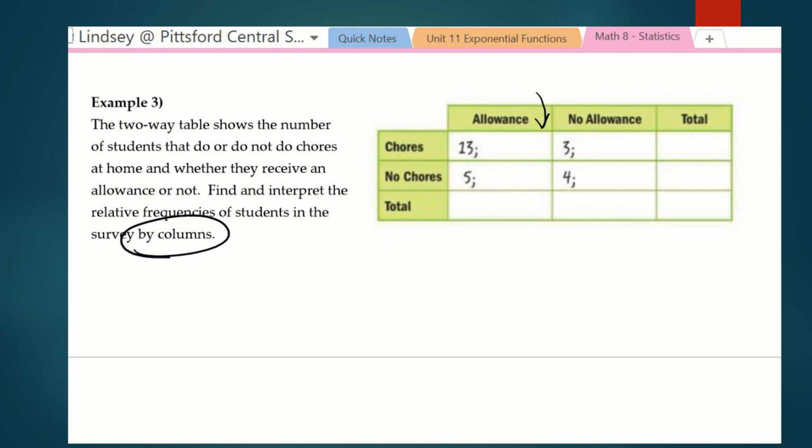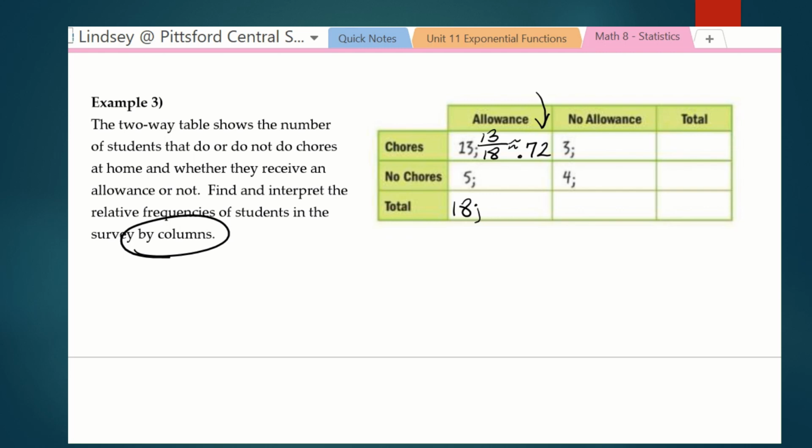All right, so looking down this way, how many kids get an allowance? Let's look at it that way. Whether they do chores or not, how many kids get an allowance? Well, 13 plus 5 gives us a total of 18. So 18 kids get an allowance whether they do chores or not. Now 13 of those 18 do chores. So the relative frequency, 13 divided by 18, is 0.72,